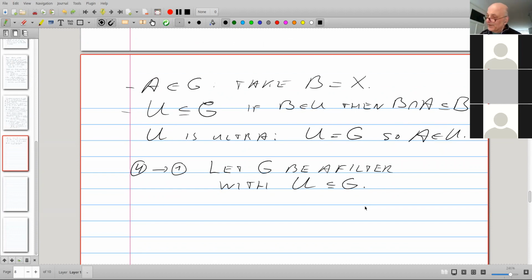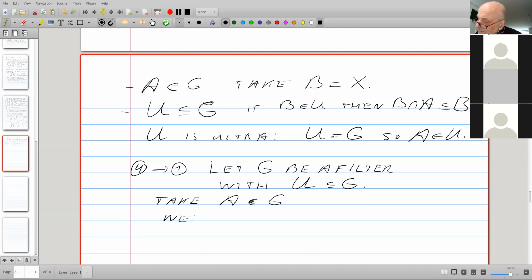And this is what the finer refers to. It distinguishes more. Well, take an element of G. We need to show that it is in U.